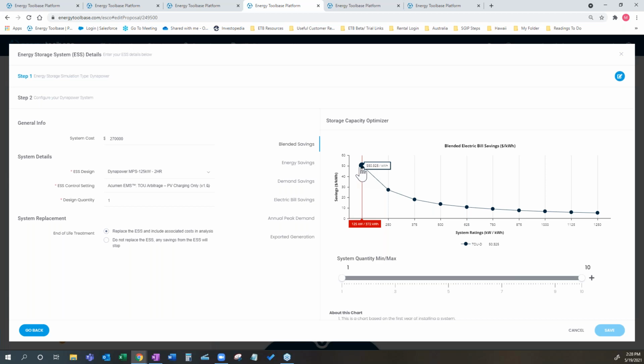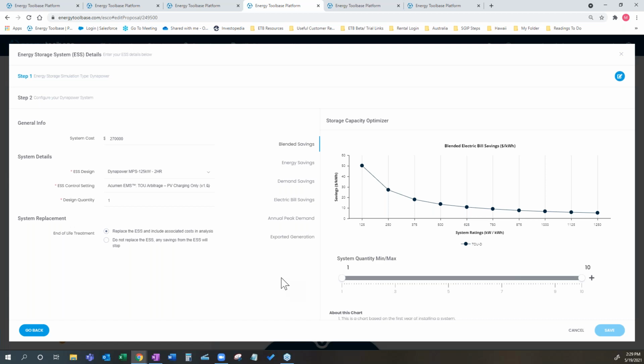And what we would consider a pretty valuable opportunity is, you know, about maybe $40, $45 blended savings and higher. So to see one here paired with PV and still have a $50 blended savings is really good. But naturally, as you say, hey, what if we stack that battery? The blended savings drops a little bit because we're adding more capacity. And yes, we are adding more savings, but you don't always get that proportion. But this is a really fantastic tool within the integration that helps you understand what might be the most cost-effective